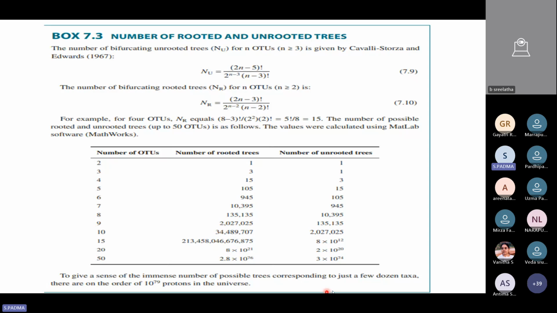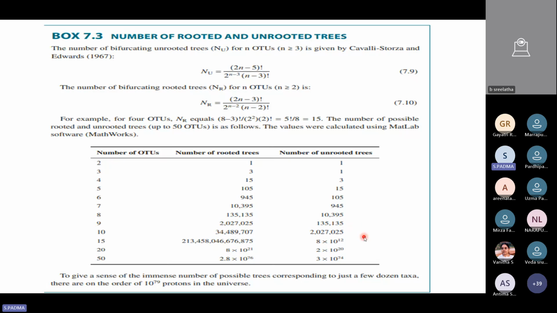So we can imagine writing one tree for a rooted tree or an unrooted tree, or three trees maximum. We can write about 15 rooted and three unrooted trees with a little bit of effort. But it is humanly not possible to discuss or write so many trees if the number of operational units are increasing. And after drawing all these types of trees,